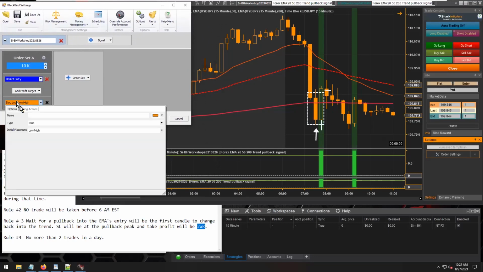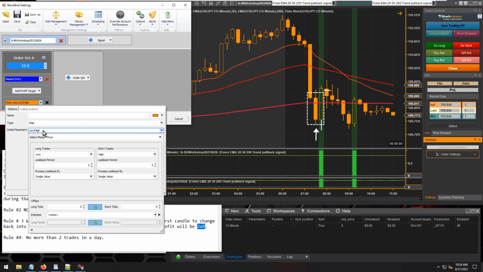So let's get our stop loss settings back open here again. If we wanted to use the lowest low of the last 2 bars, which again would include the signal bar and the last pullback bar, then the process look back by,